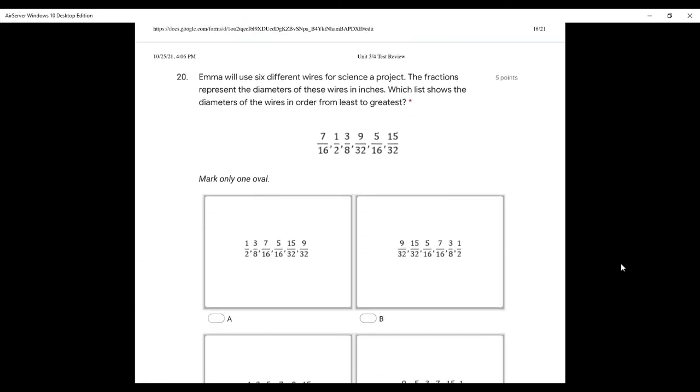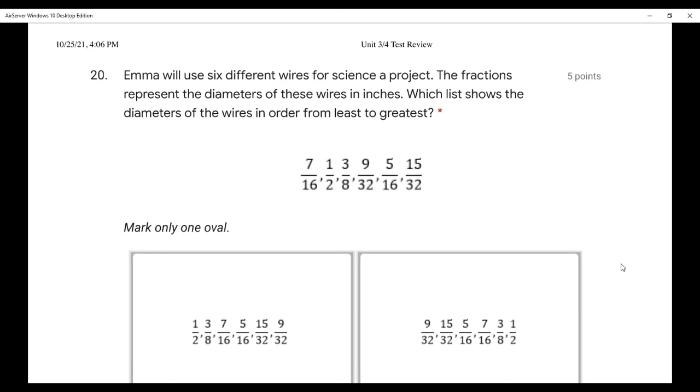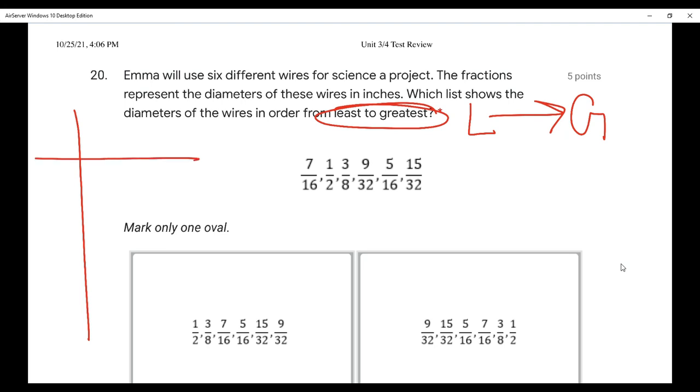Okay. This one, Emma will use 6 different types of wires on a science project. The fractions represent the diameters of these wires in inches. Which list shows the diameters of the wires from least to greatest, L to G? Okay, so again, we got to make a ladder because we're going to have to do some converting. So I have